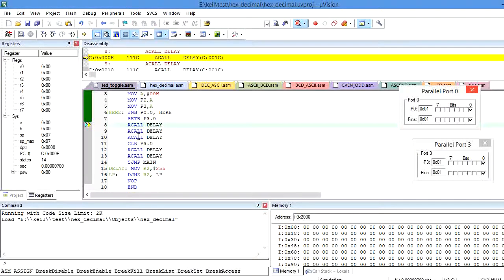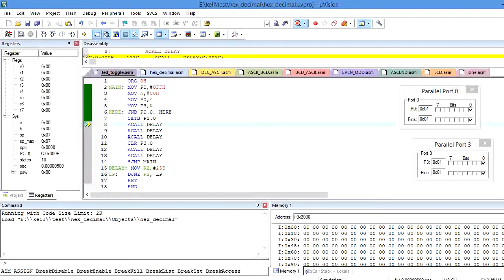After that I am going to call the delay function in order to keep my LED turned on here. So it is going to switch from main function to delay function, a call delay. In this delay function I am copying MOV R2, #255. This is some value I am going to assign. I need to keep on decrementing the R2 value so that the delay function has to execute here. How do I come out of this delay function? By using step out function.